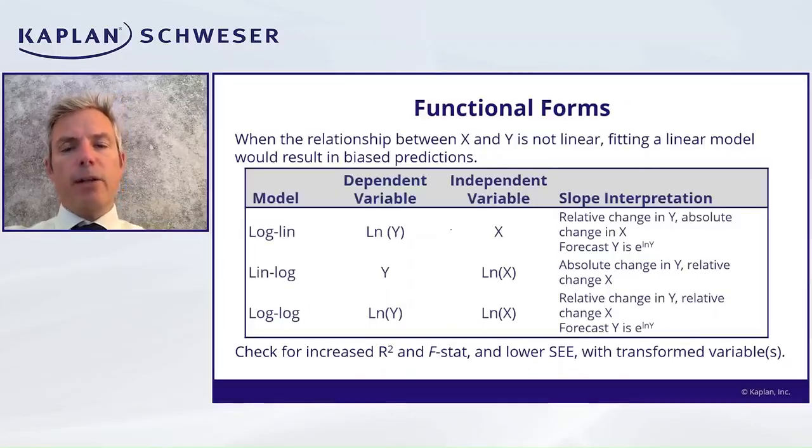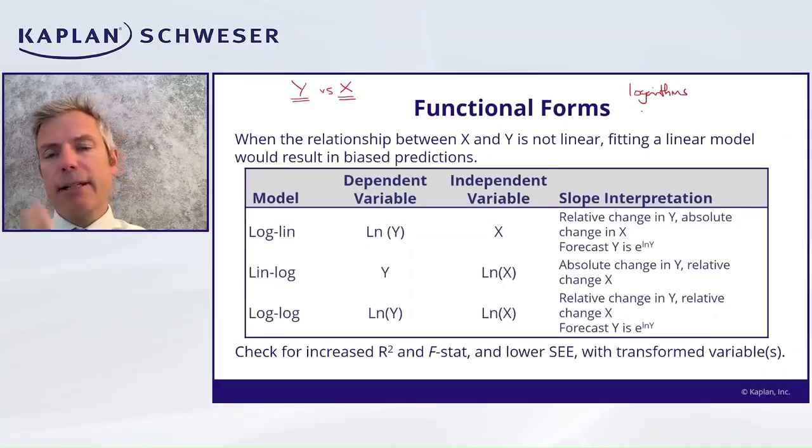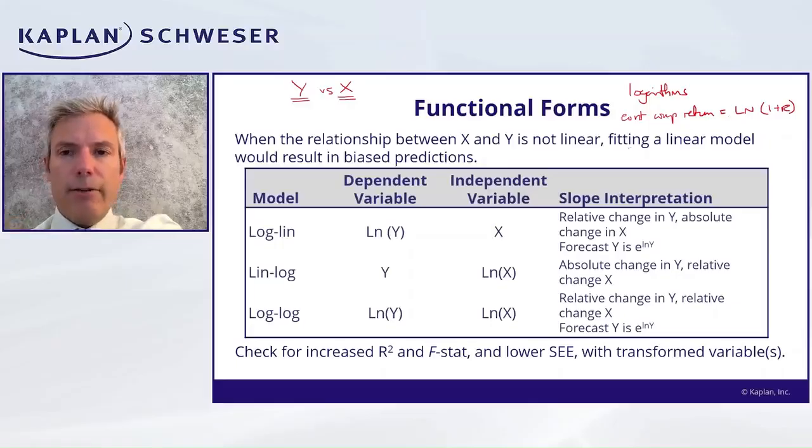Okay, now the final point in this reading looks at different functional forms for linear regressions. The point here is that we don't always just model y versus x as a straight line. One of the things that is used quite a lot in modeling is that actually if we model logarithms, then what we're capturing is continuously compounded rates of change. You might remember that when we calculate continuously compounded returns, a continuously compounded return is actually the logarithm of 1 plus what we earn. So actually the change in a logarithm